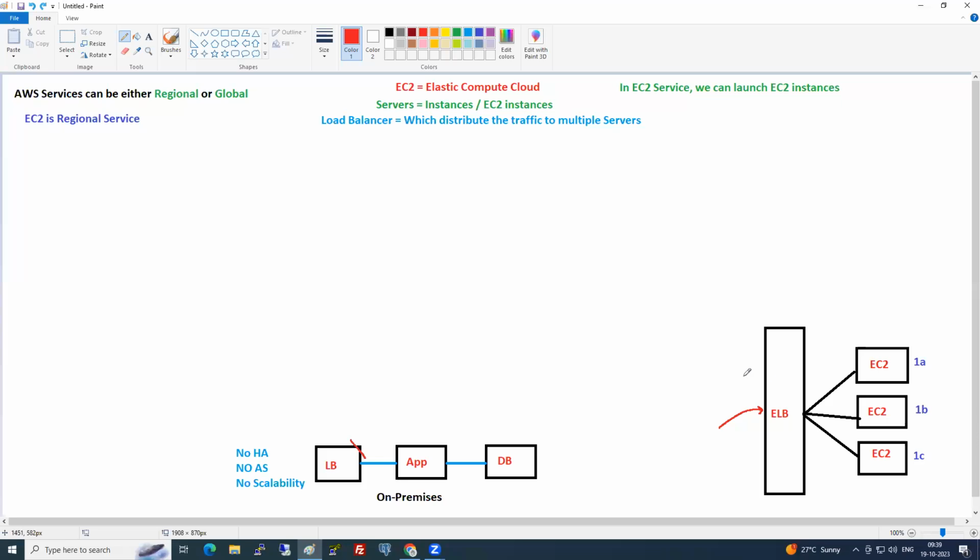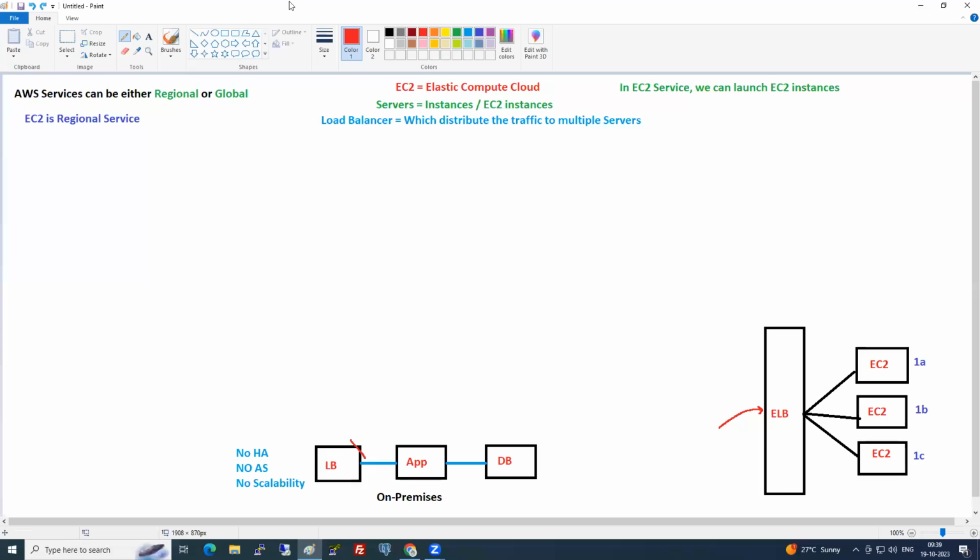So yes, bypassing is not good, correct. Now, how do I access my load balancer? Nana, load balancer is completely managed by whom? AWS. Is a load balancer a server or a service? Service. As it is a service, do we have an IP address for that? No, it is a service from AWS. We don't have any IP address.